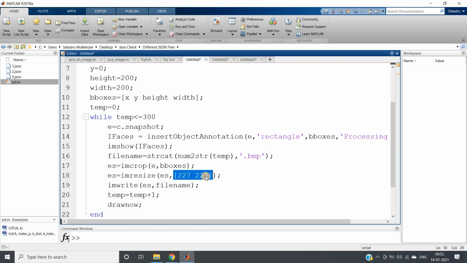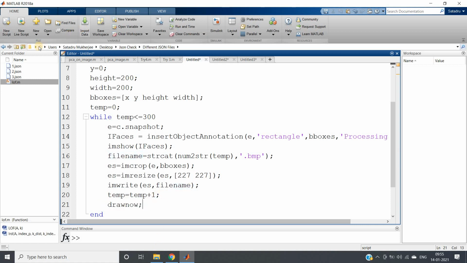This 227 by 227 is the format for AlexNet specifically, but as we are not using AlexNet, if you want you can follow some other resizing, that is some other values. But I have kept the same because I generally do transfer learning or deep learning related work in AlexNet, so I just kept the same. No problem, this is your choice. Then I am writing that, and next incrementing the temp variable, and drawnow for animation purposes.